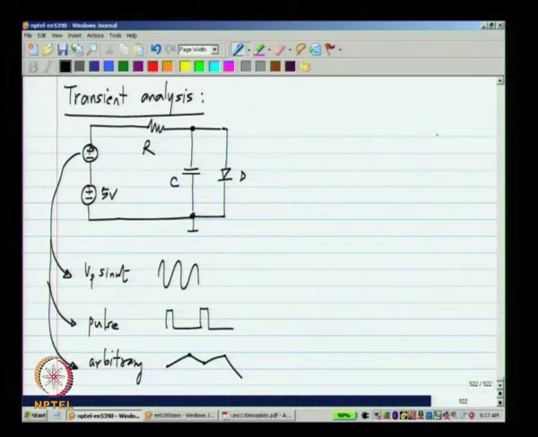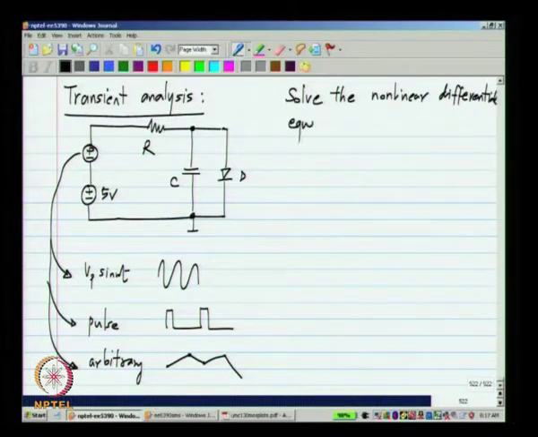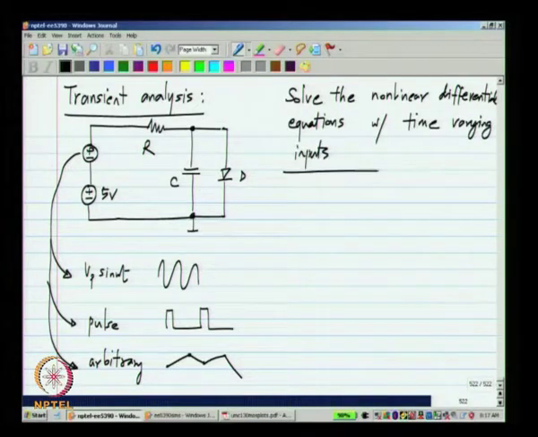So, what the transient analysis will do is solve the nonlinear differential equations with time varying inputs.